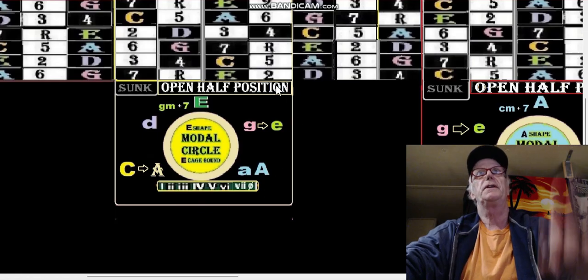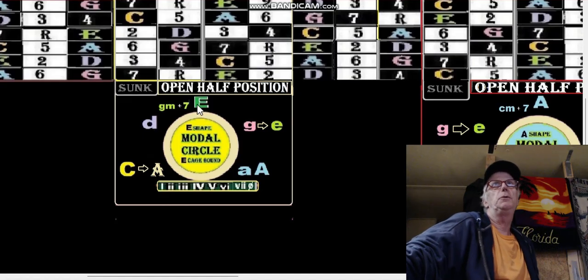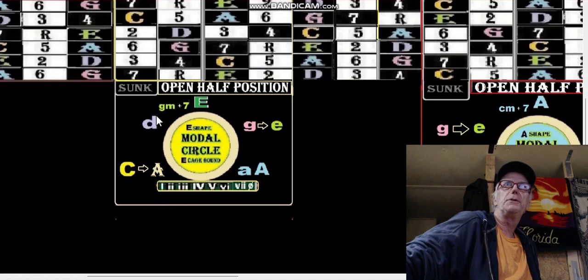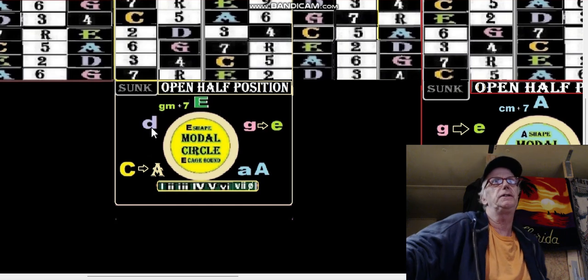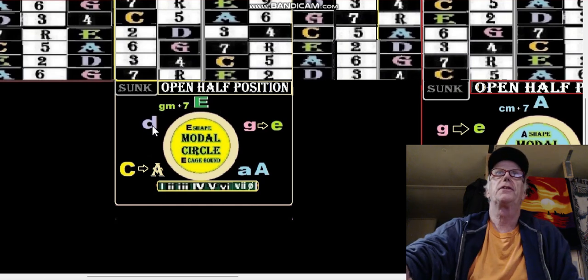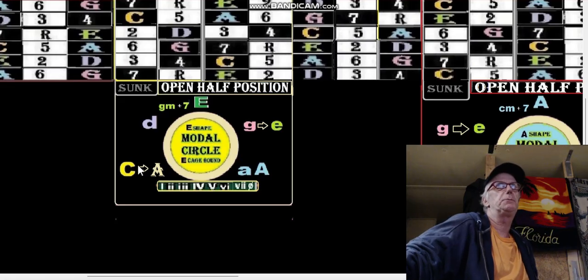Okay, but when we're going this way, it's the word caged. C, A, G, E, D. So E, we go to the next position, caged position. The next letter in the word caged, E goes to G, C-A-G-E-D, for the 6th. This is the 6th. So we got root, 2nd minor, 3rd minor, 4th major, right here, 4th major, 5. 5 is here. The reason why I have an arrow going up like that is because that's the next